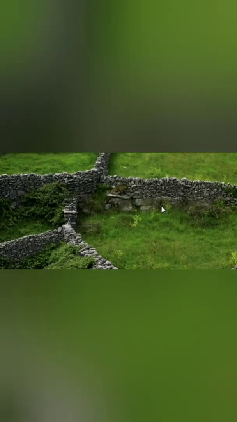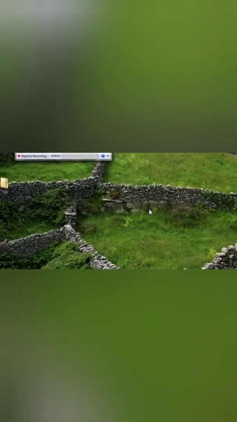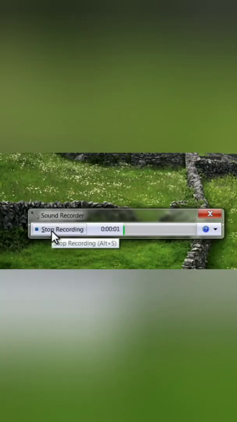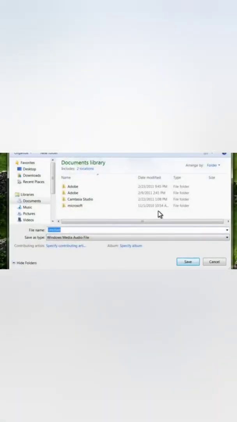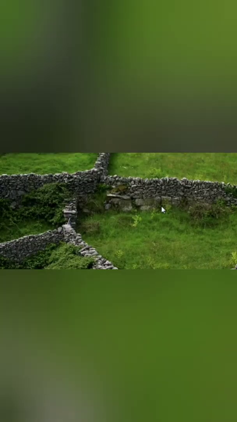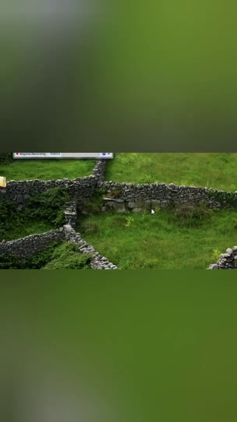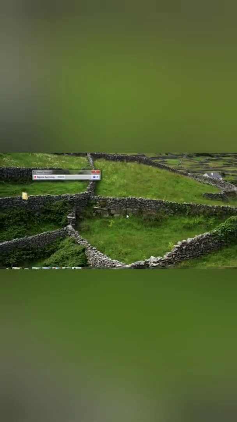Then another box will come. You can save your item in any file or folder and then click on the save button. This is the process of recording a sound. Click on start recording, then after stopping, another box comes. Write or select any file or folder. Click on the save option.